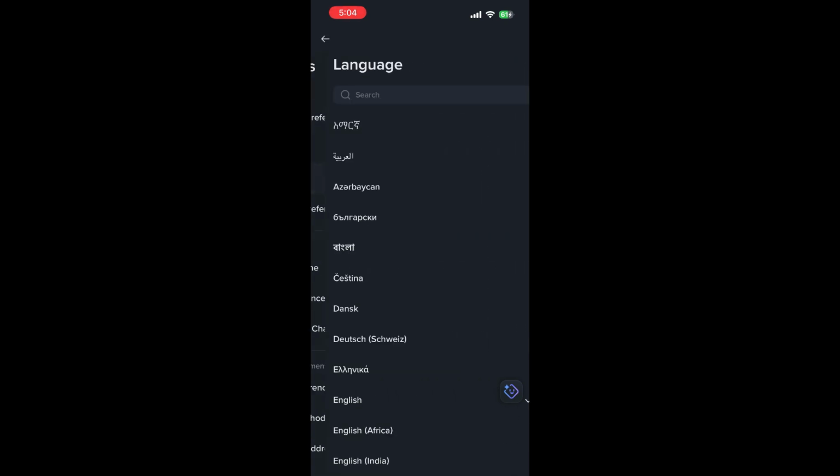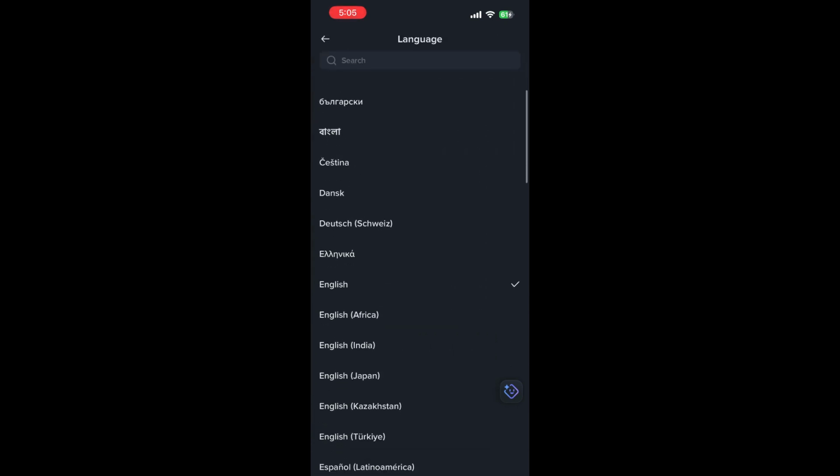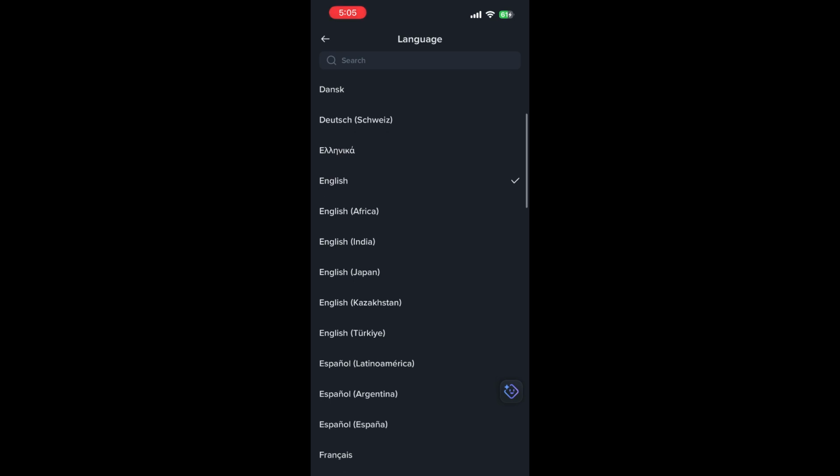Once you open the language menu, Binance will show you a list of available languages. Scroll through the list and choose the language you want to use. For example, you may see English, Spanish, French, German, Portuguese, Turkish, Arabic, and other supported languages. After selecting your preferred language, the app should update automatically. In some cases, you may need to close and reopen the Binance app before all menus appear in the new